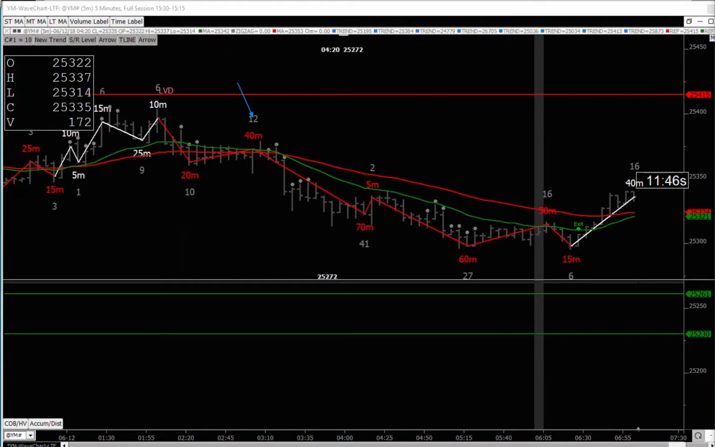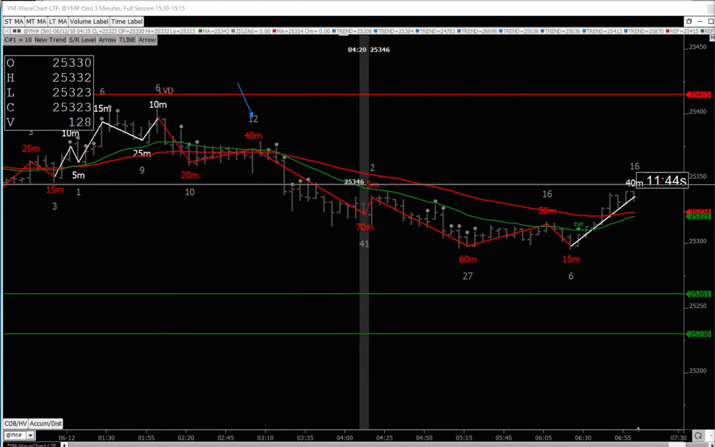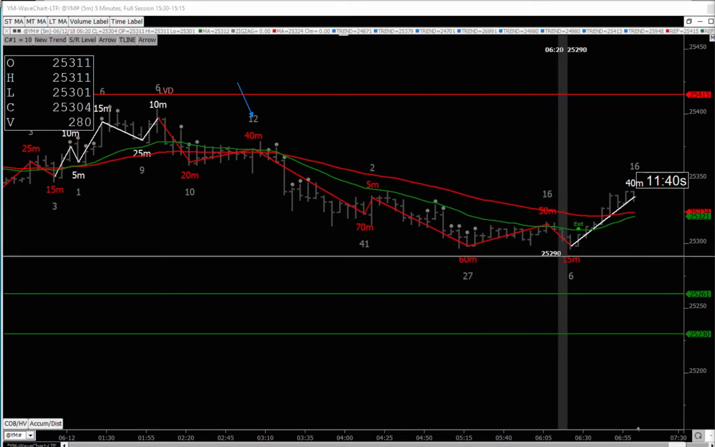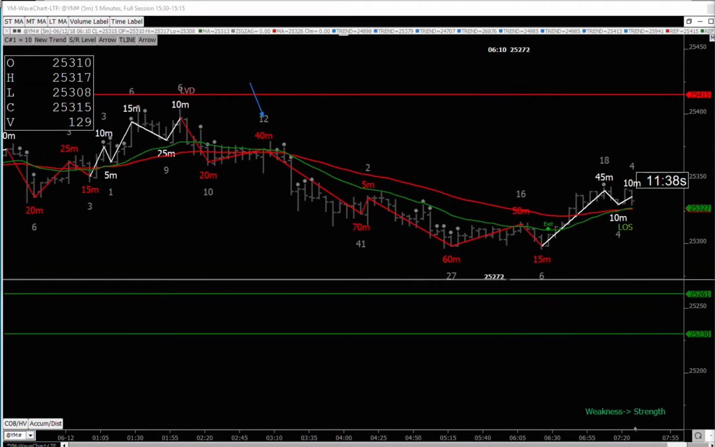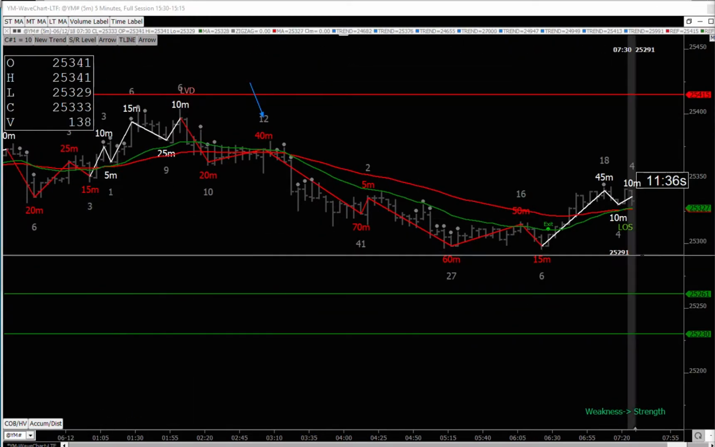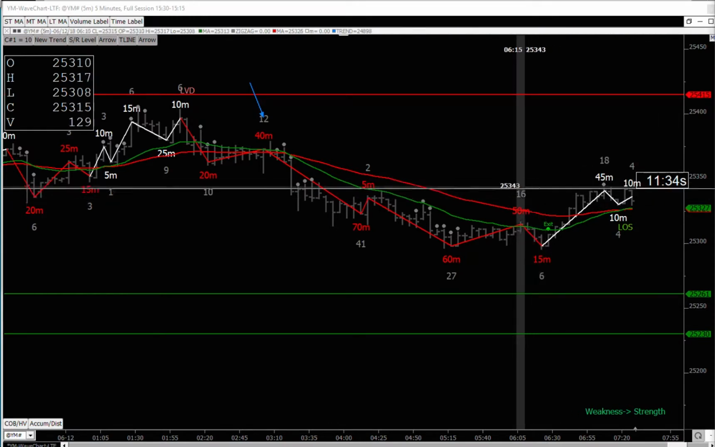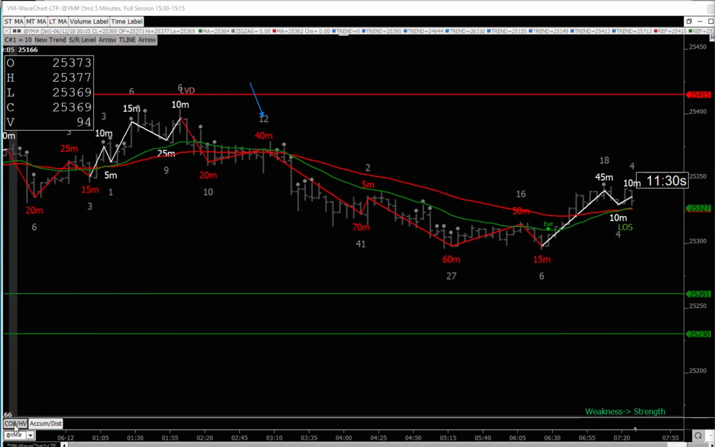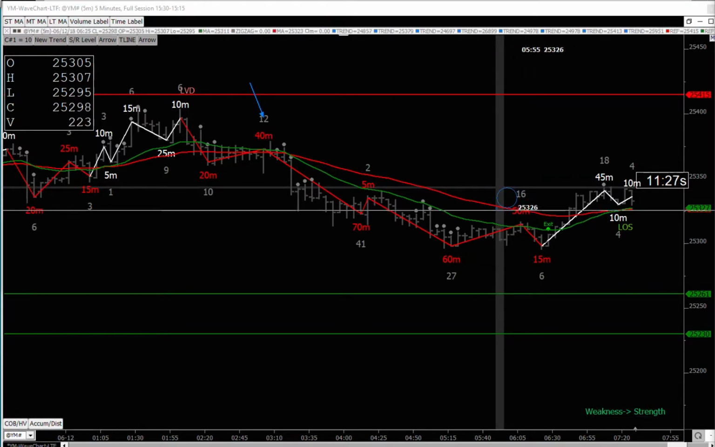There's effort, makes a low. You have a low volume pullback, followed by another low, followed by 50 minutes, followed by 15 minutes. And you're going to notice that now over here, the 16, that is quite high. Alright, so there's actually buying